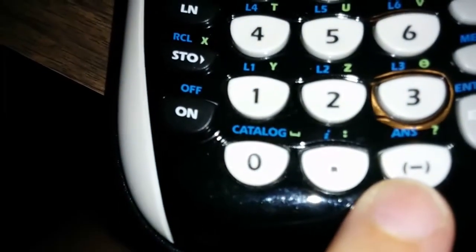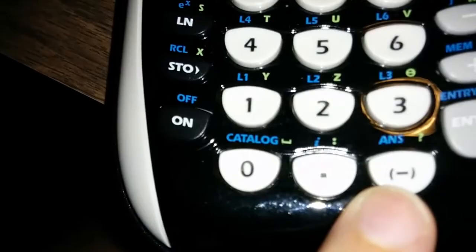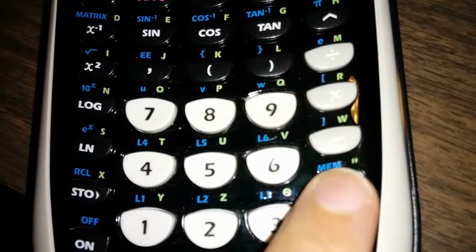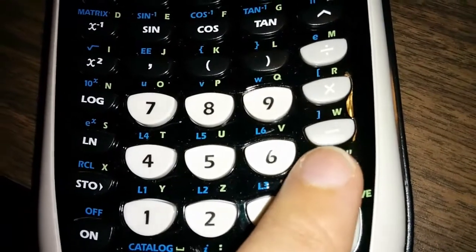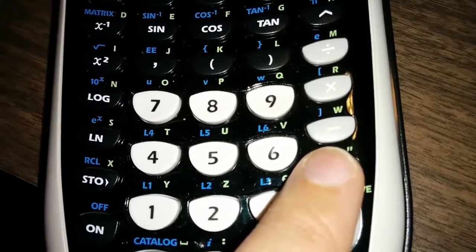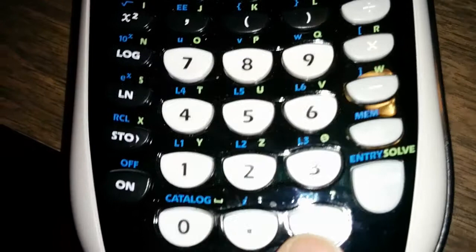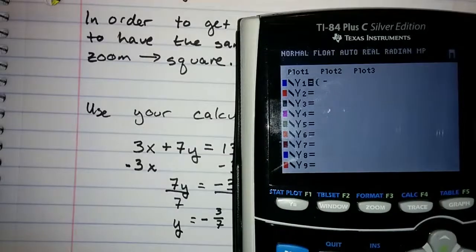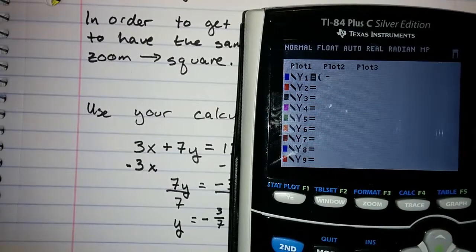In particular, this button here has a little negative sign in parentheses. This button here has a minus sign, meaning subtraction. When we want to enter a negative number on the calculator, we need to use this button here. So, negative, and then 3/7